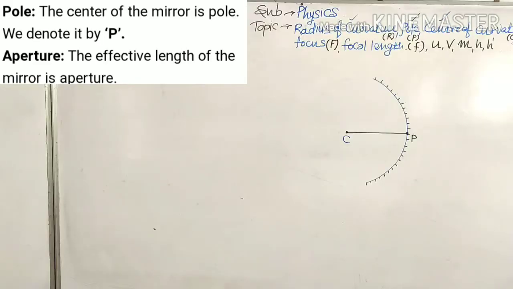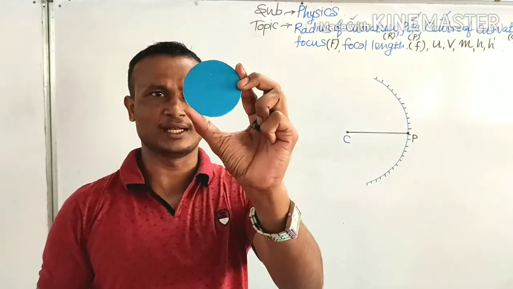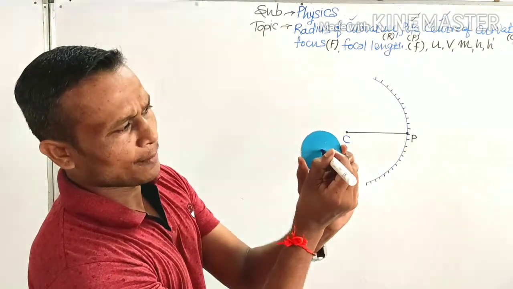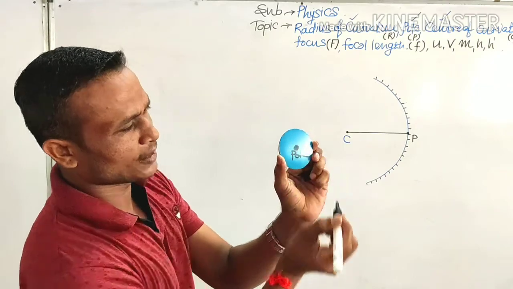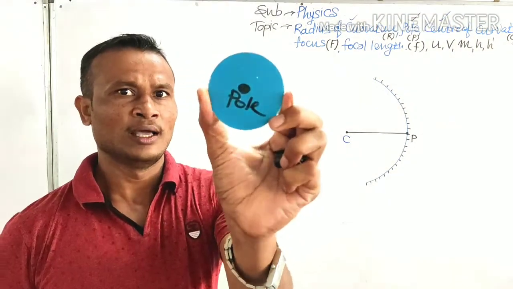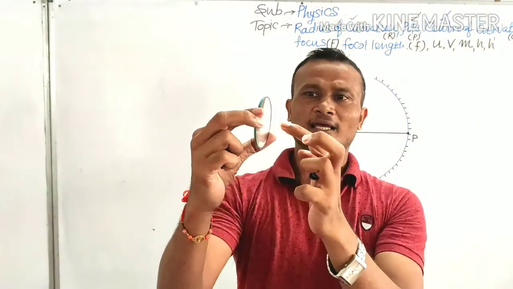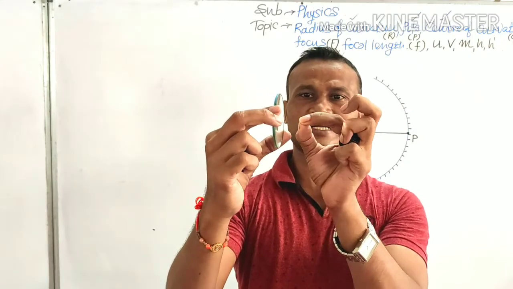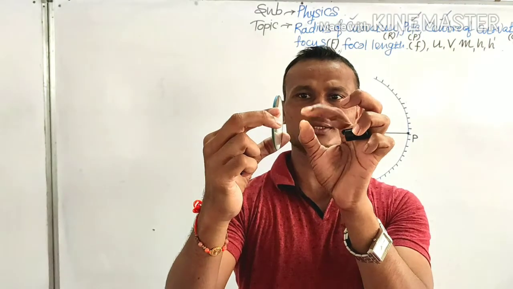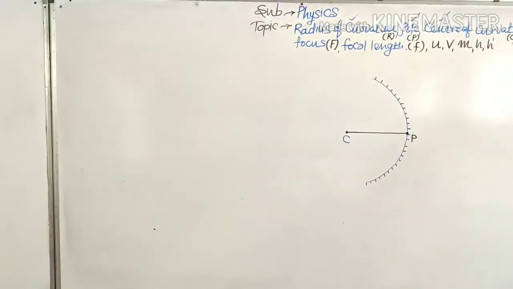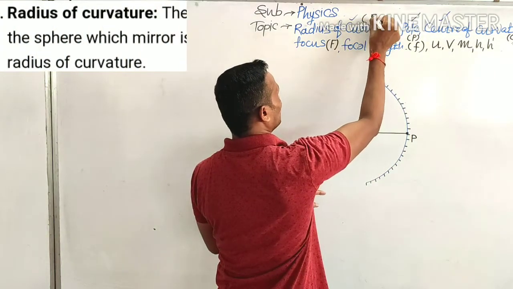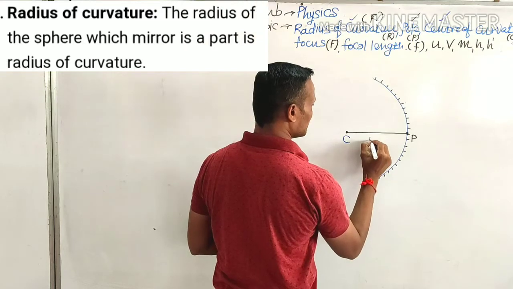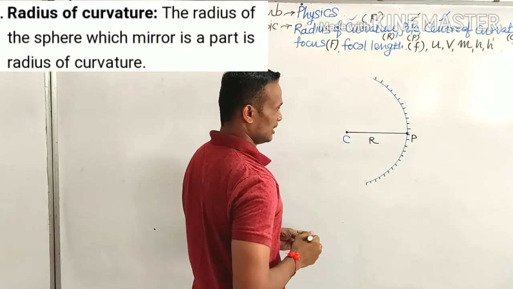So if I talk about this mirror, the portion that will be formed here is nothing but the pole. And ahead of it, at this point where my finger is, will be the center of curvature, right? Now, this length is called the radius of curvature, denoted by capital R. So this is the radius of curvature.